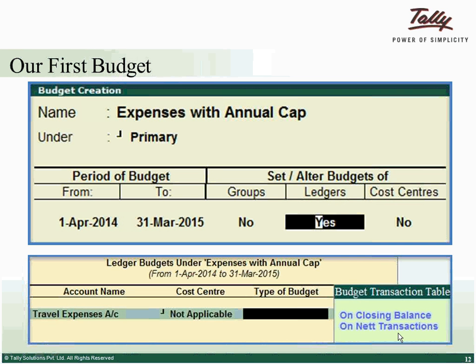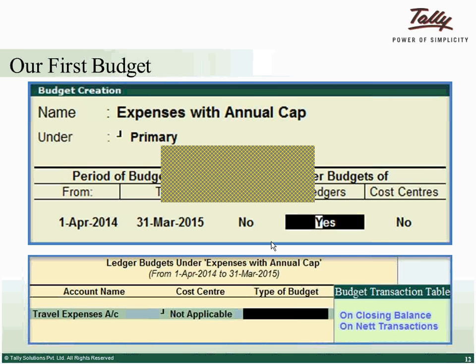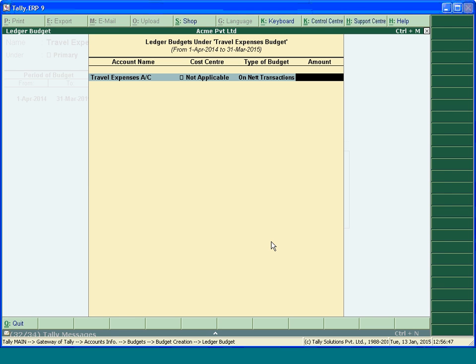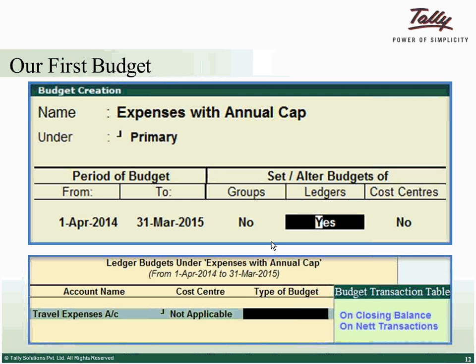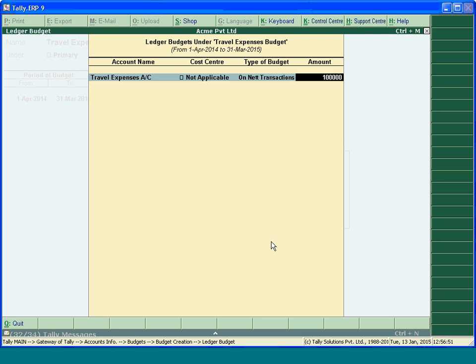So here, we first take the net transactions. Net transactions is transaction-wise information, and closing balance is about the closing balance information. So let us take net transaction wise, and I am allocating 1 lakh rupees as the budget amount, right? So once this is saved,